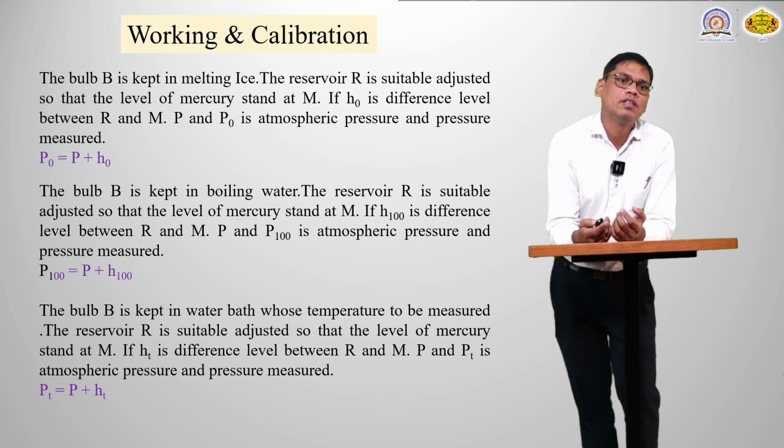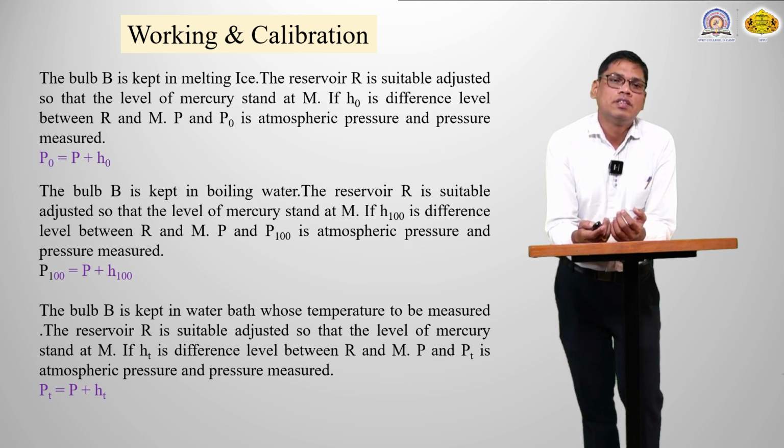At this level, H100 is the difference level between R and M, and P100 is the atmospheric pressure and measured pressure at boiling water. So we will get the equation P100 equals P plus H100. Again,